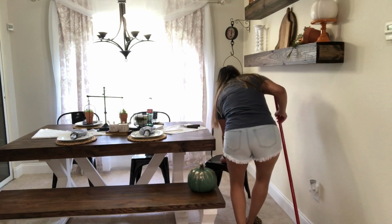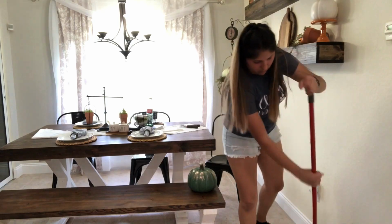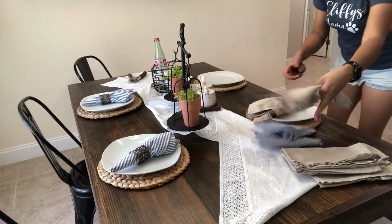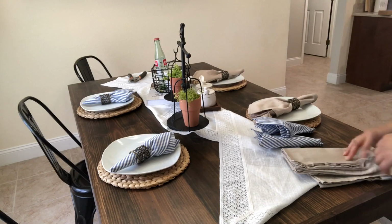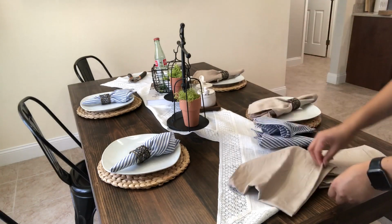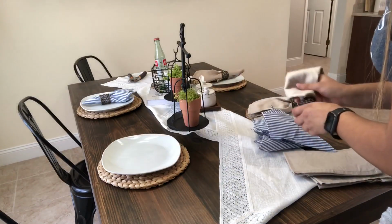But before I move on to the dining room table, I am just trying to sweep up and clean up a little bit. That way I can get everything cleaned off of the floor from where my dust came off from the floating shelves. But now starting here in my dining room,